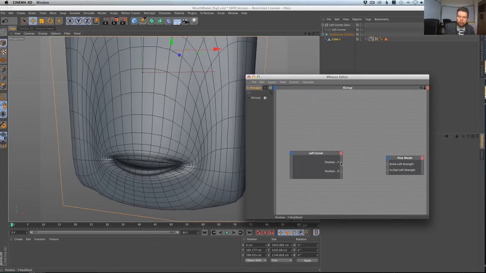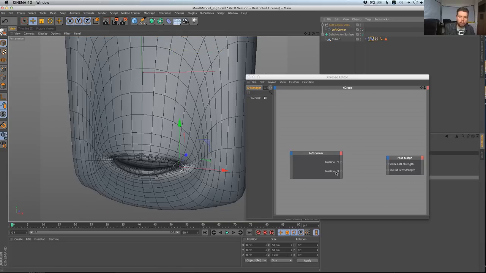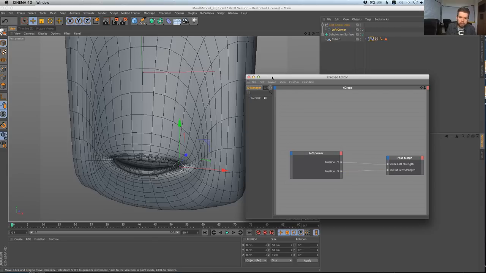So what do we want to do? I want the position on this little control here, up and down, to control smile, which is up and down. I should have named it up and down. So position Y should control up and down, and X should control in and out. Now, these might be backwards, and they might move at a bad speed, but that is as simple as we have to get right there.